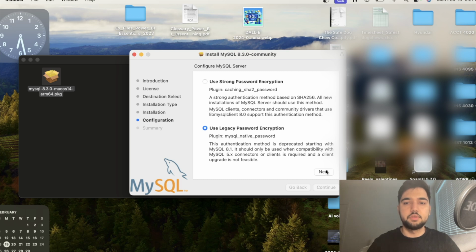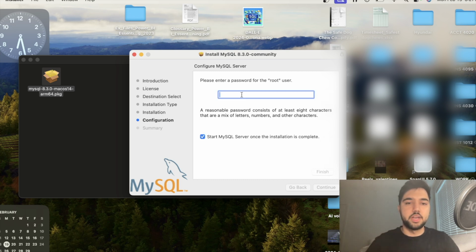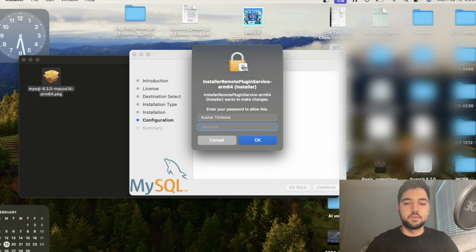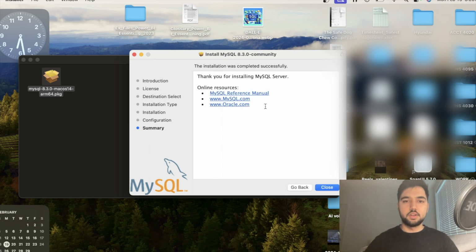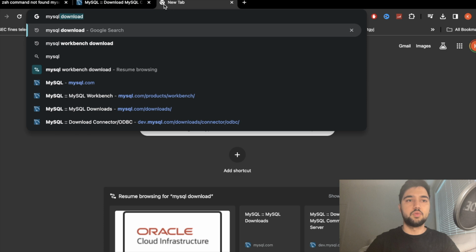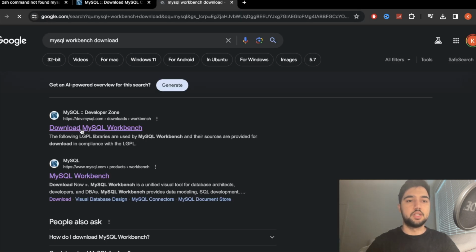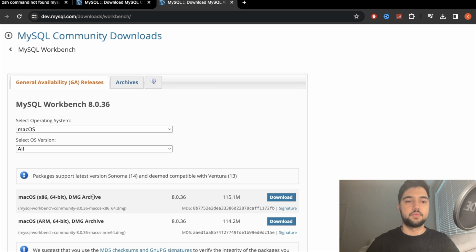Use legacy password encryption, and this will be used later, so please just click on it. I mean, set up a good password. Okay, then finish. Then it will ask for your password. Then it's ready. Close it, go to Google, search MySQL Workbench download, and then click on this, and this is the version,